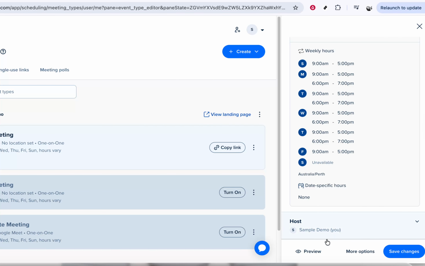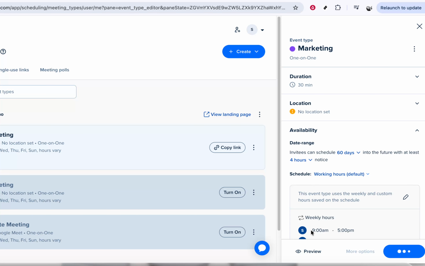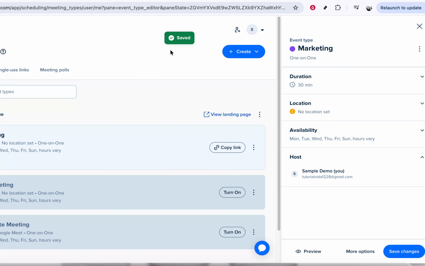This internal note is not visible to your invitees, it's only for you and your team. Use this space to describe the purpose of the event, add reminders for yourself, or include internal guidelines on how this meeting should be run. For example, you might note the typical agenda, any tools you need to prepare, or how to qualify leads during that call. When you're done,